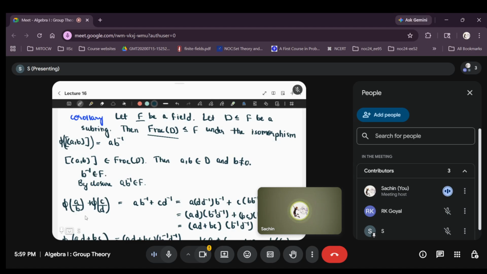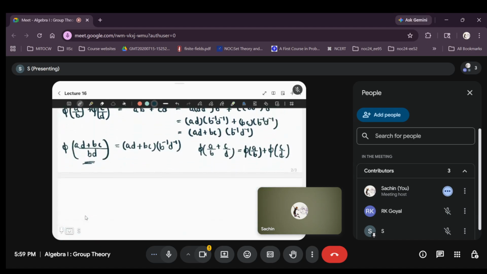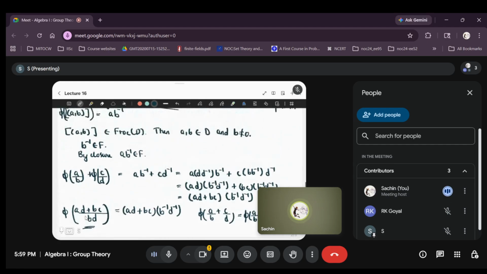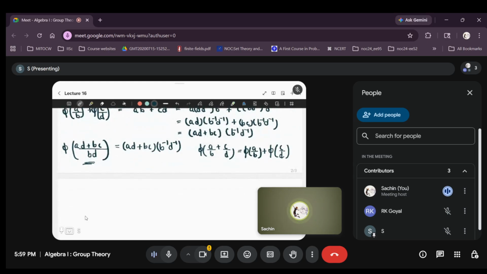There was some subfield of F that contained D. You only got it through some other construction. And this is an isomorphism because we showed the addition part. Multiplication, you would have